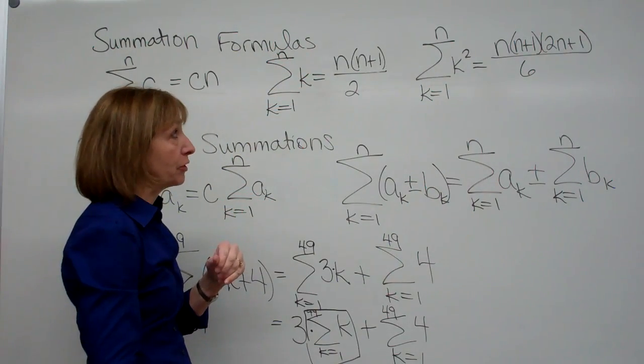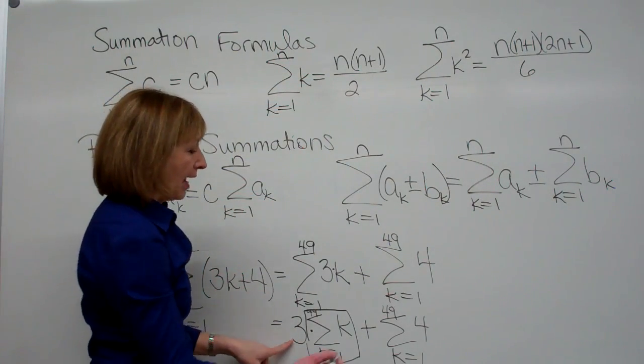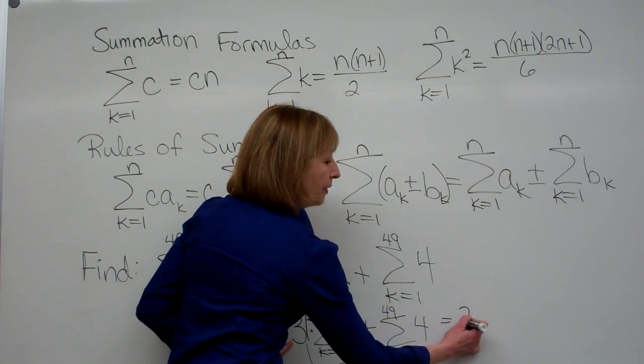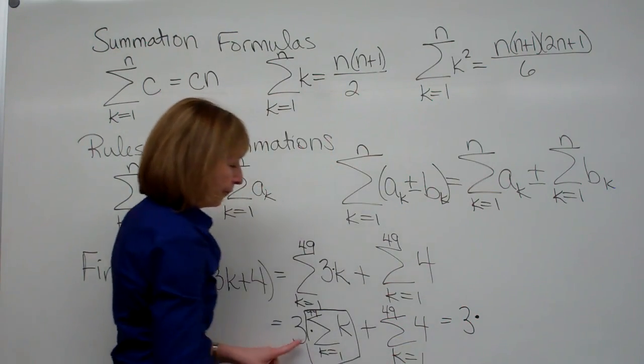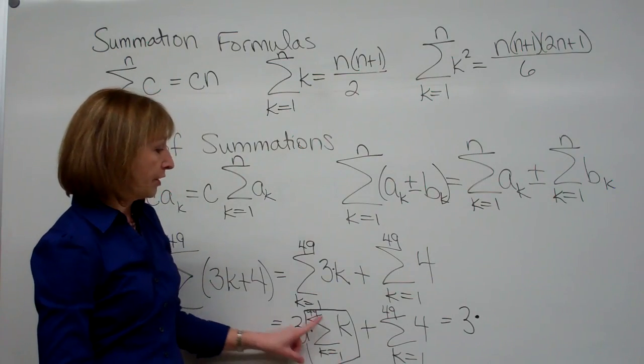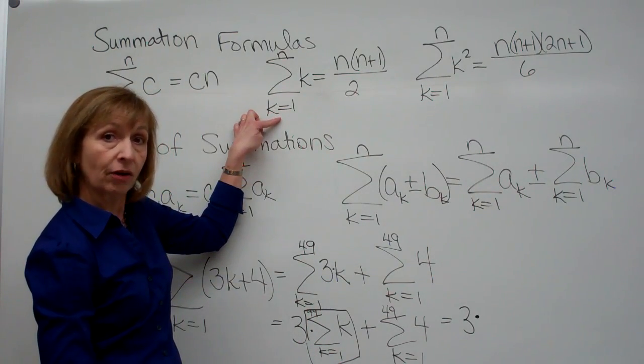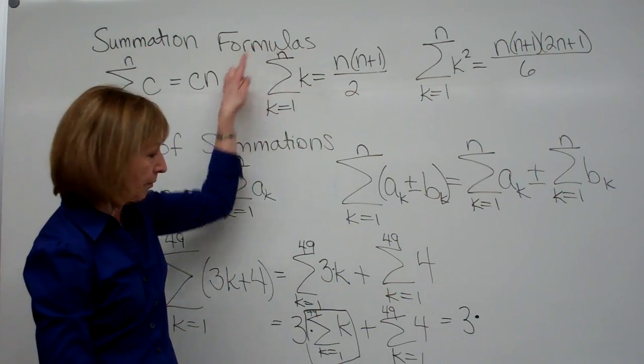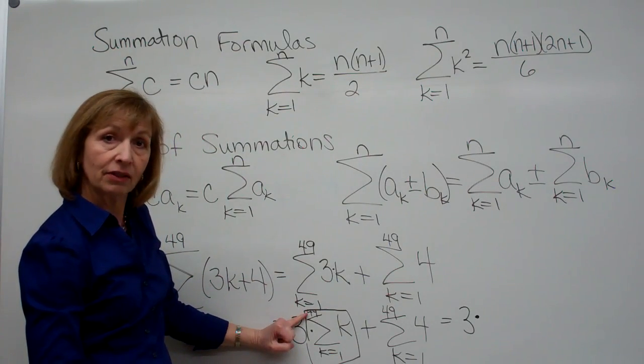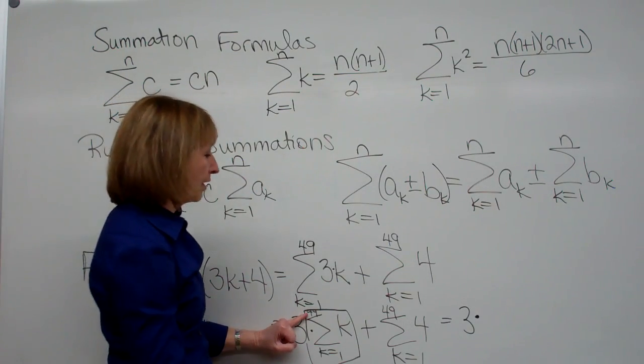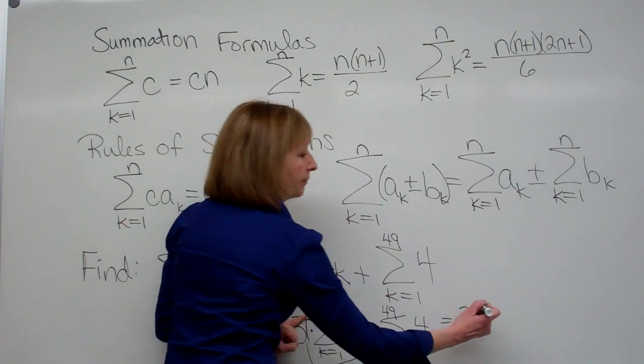Gives you the same number, just much quicker. So I have here my 3 that's going to be multiplied. Now my k goes from 1 to 49, so that matches the start of 1 up to whatever my top number is. 49's the top number, so I'm going to have 49